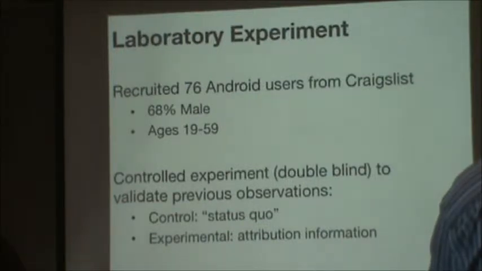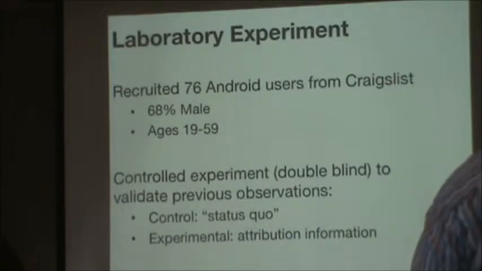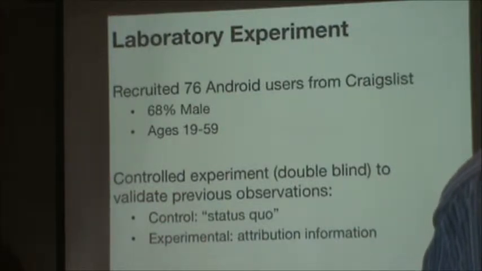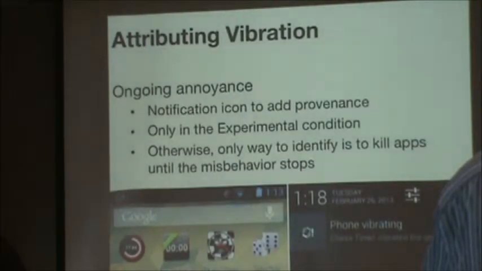So we performed a laboratory experiment, a quantitative experiment, where we got 76 Android users to come to the lab, and we gave them a bunch of phones that we instrumented. And the idea was that during the experiment, these devices would start misbehaving, and we wanted to observe whether they would use attribution mechanisms that we wrote on half the phones. The experimental condition had new attribution mechanisms, and we wanted to see whether they'd be more likely to correctly identify the source of these misbehaviors. We also had a control condition where we just gave them the stock Android, which didn't have any of these attribution mechanisms. So the first misbehavior that we looked at was vibration.